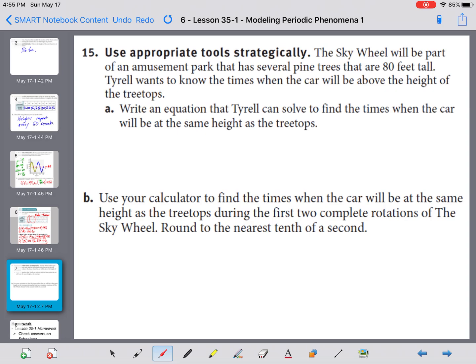What we want to do is, so we'll read this number 15 here. The Sky Wheel will be a part of an amusement park that has several pine trees that are 80 feet tall. Tyrell wants to know the times when the car will be above the height of the treetops. So what we want to know is, when will this Ferris wheel be above 80 feet? All right, so the equation we're going to solve here is this. 80, that's the height now, equals our equation, 44 sine of pi divided by 30 t